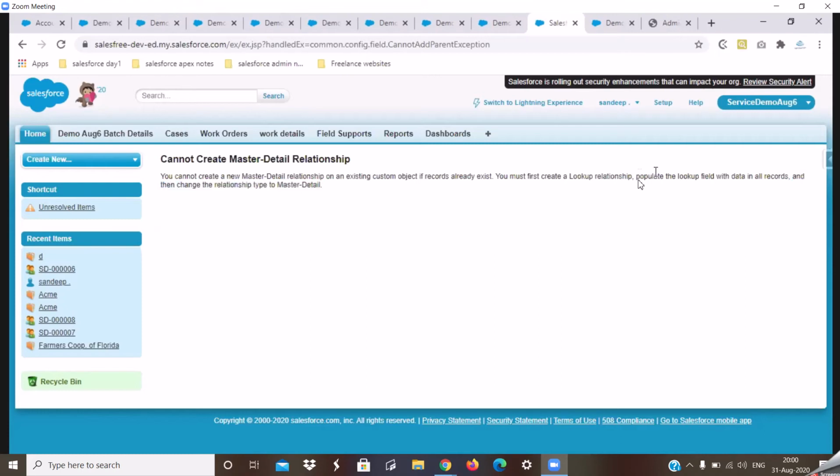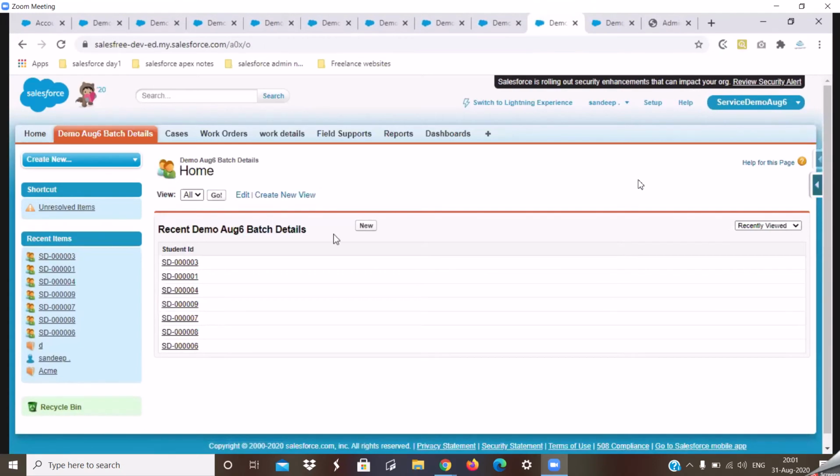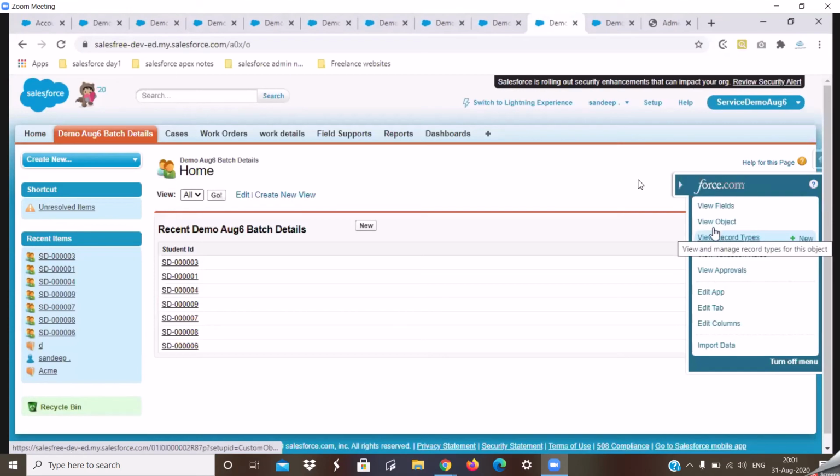Alright, this is the exercise that I've done, where I've basically opened all the records that are there in the system and updated the lookup field with some of the other data for all the records. So now this point is also valid. I've basically resolved this point. Now if I go back and do this process once again, this time I'll not be getting any error. So always keep in mind, if you are converting from lookup to a master detail relationship, make sure that all your child records have some or the other parent.